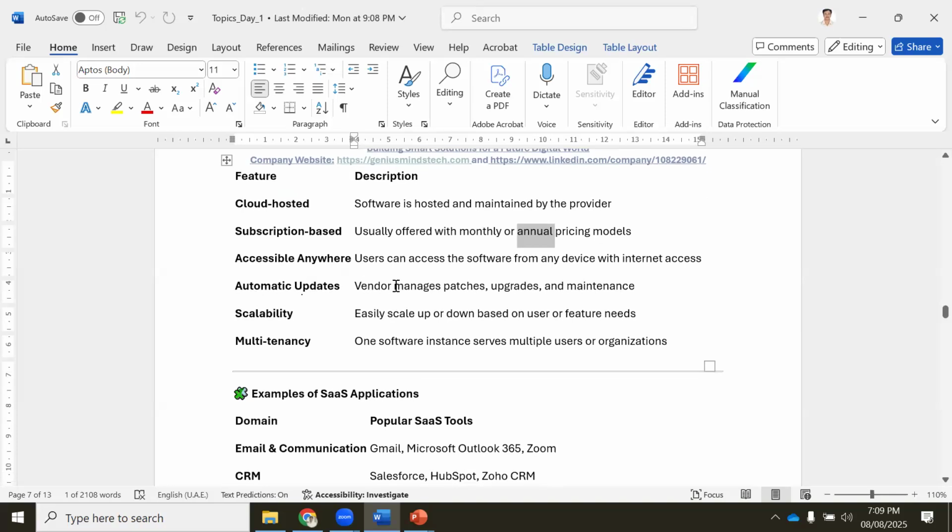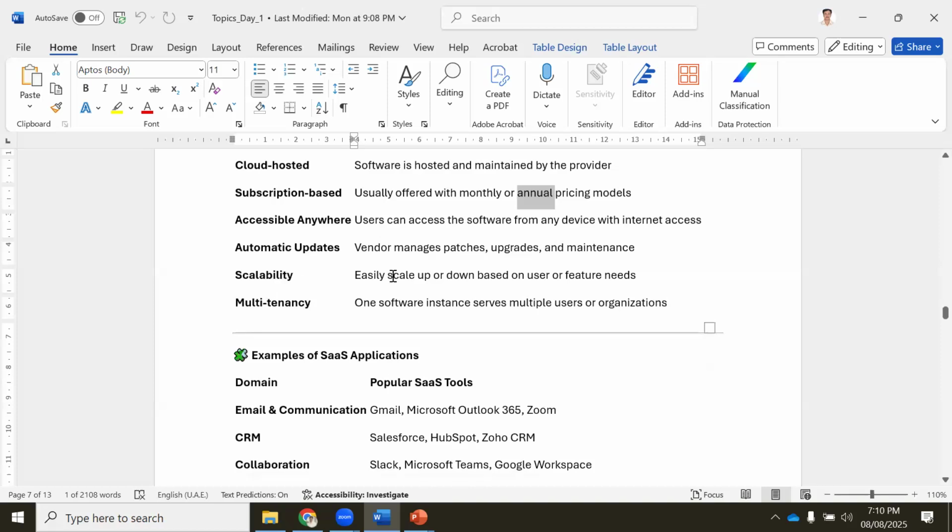Automatic updates. Patches will be updated automatically by ServiceNow. You no need to do patching. Normally, somebody, now Vinay is working for one of the companies, he does patching every month, okay, if any patches are released. But with ServiceNow, we no need to do it. ServiceNow itself will do the patches. So we don't need to do maintenance of the tool, correct? The ServiceNow vendor itself will be doing maintenance and upgrades. And scalability, we discussed, correct, this one.